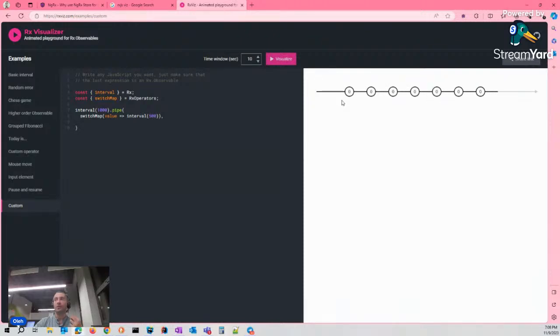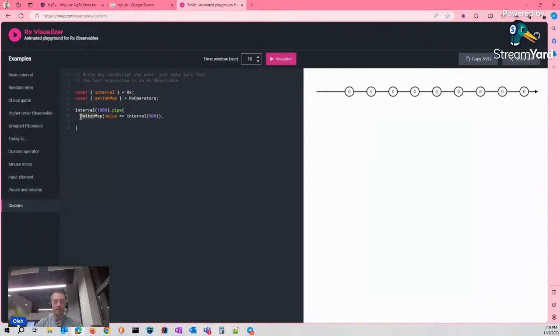We can see only the first one. The second value is just cancelled by the new emission, and we don't see it.